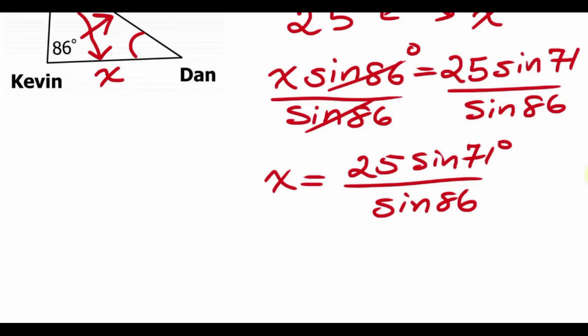And again here, you would have to input this into the calculator and just make sure the mode is in degree because you're working with degree here. So here we have 25 times sine 71 divided by sine 86, and that is going to give us